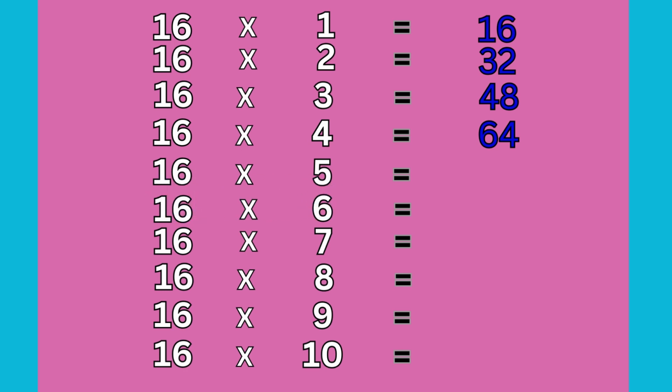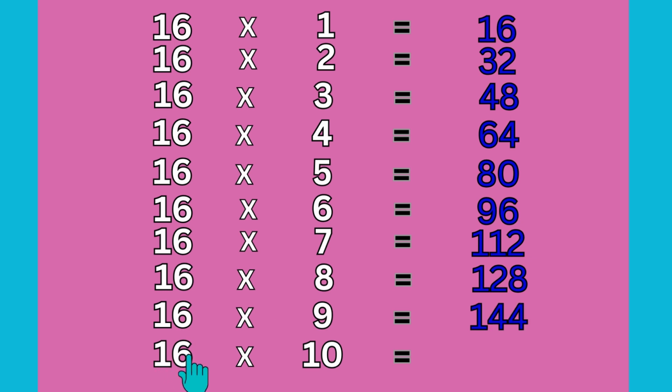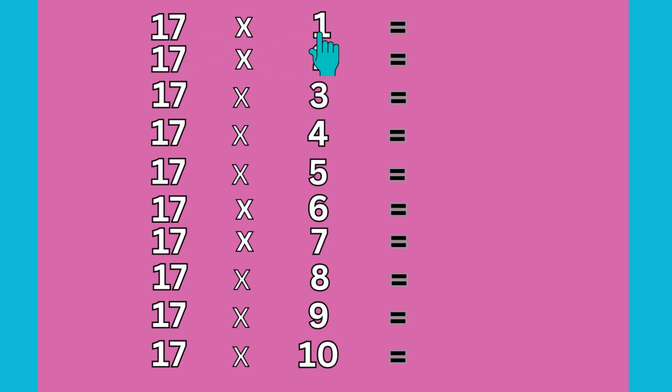16 fives are 80, 16 sixes are 96, 16 sevens are 112, 16 eights are 128, 16 nines are 144, 16 tens are 160. 17 ones are 17, 17 twos are 34, 17 threes are 51, 17 fours are 68,